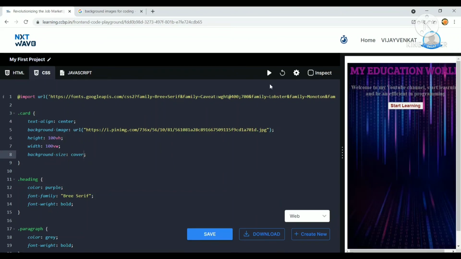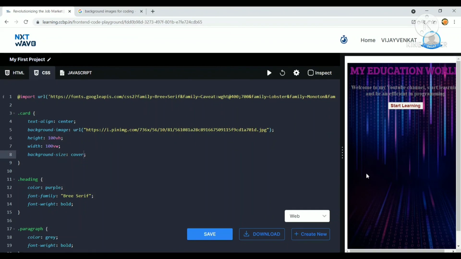So I will run and show. Before, the image was zoomed and repeated. When I applied this property, the image came as a single one and it looks good.